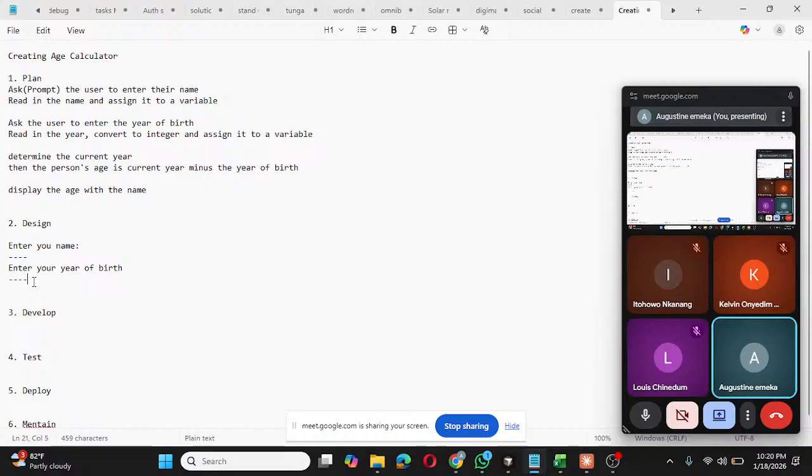Okay. And the next thing now will be to write the logic that does it. You have to determine the current year. Then you write a logic that does the minus, and then it will display it. So that logic, you don't necessarily need to show it here, but you can put in a comment as you're designing. You can put a simple comment that says,